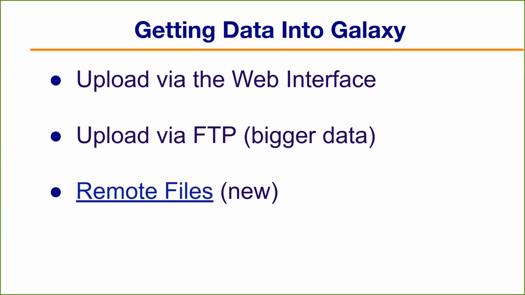So if you have big data that you're worried you're not going to be able to keep the browser open the whole time, or maybe you want to upload from another server that you don't have a graphical interface on, then you can upload via an FTP client, and then Galaxy will pick it up from there,